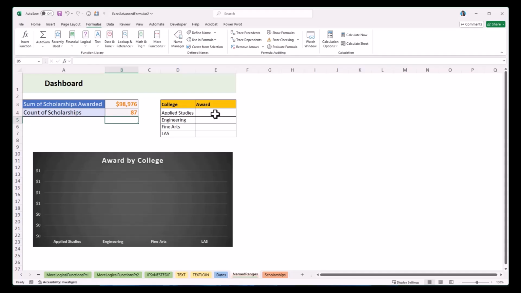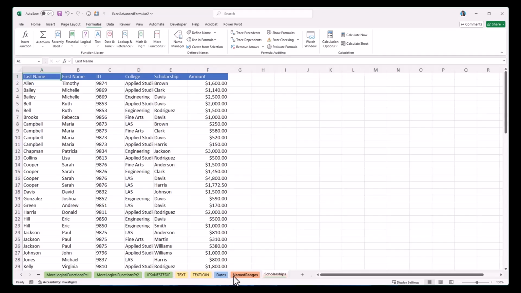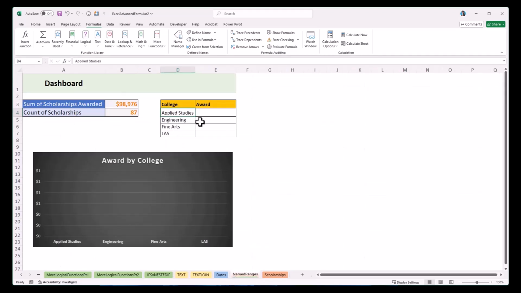Now, you might remember from a previous exercise, both today and in the live Excel Advanced Formula session, we built some 3D formulas using SUMIF. So in this case, this will be something similar. I want to see the sum of all of the applied studies scholarships, for instance, or the sum of the engineering awards, fine arts, etc. And we're going to just start with this first example and use those named ranges to build a SUMIF